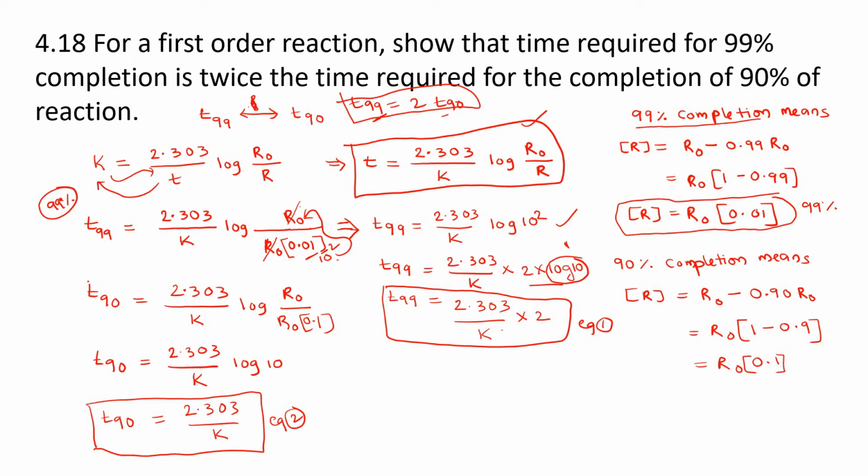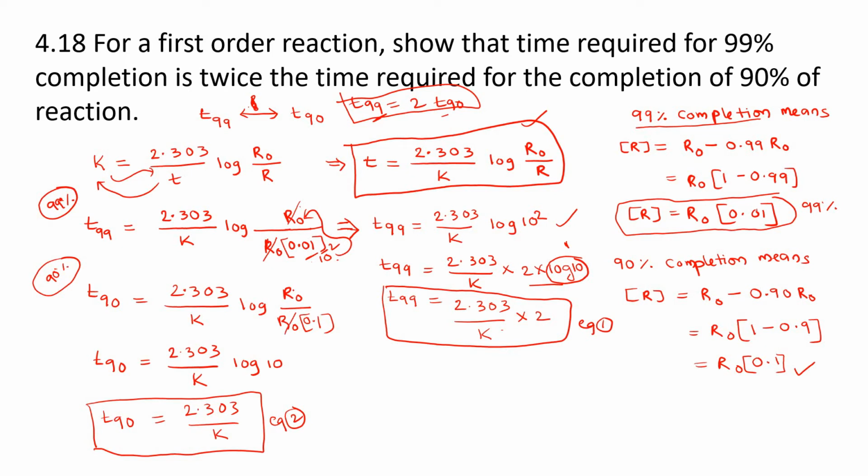Next we will take what? For 90%, to complete 90% of the reaction, what is the time required? The formula will be again the same formula, and here we are substituting the reactant concentration at 90% completion. So at 90% completion, what will be the reactant concentration? In that case, R naught minus again 0.9 into R naught. Take the common R naught, we are going to get 1 minus 0.9. That means whatever you take, if you take 100 grams, 20 grams, 30 grams, from that you multiply with 0.1, you will get the concentration of reactant here.